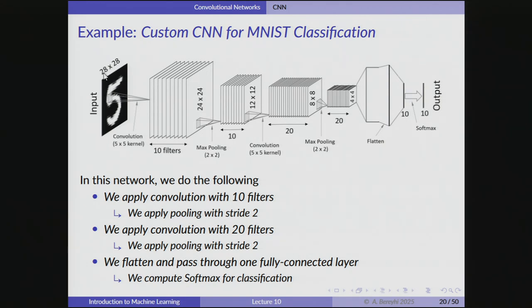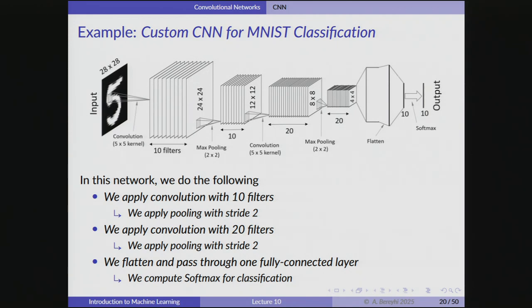And this MNIST image is 28 by 28, as I said. Okay? So this is your input. You have one single channel. And now you are just doing convolution. And when you do convolution, if you use 10 different filters, then you're going to get 10 different channels at the output. Okay? And now here I'm doing it with stride 1, meaning that this 28 by 28 should not change that much. So at the output we have 24 by 24, and that is simply because the filter is